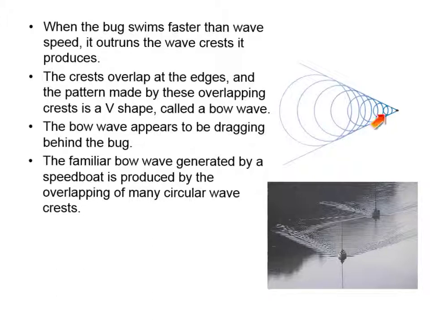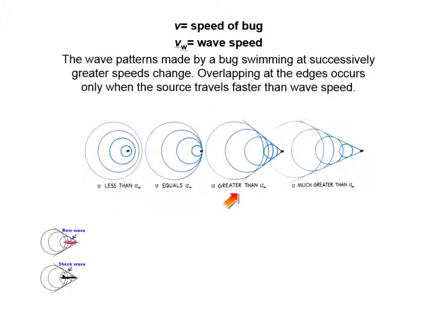Resulting in a bow wave that appears to be dragging behind the bug. So a familiar wave generated by boats on the water is produced by the overlapping of the many circular wave crests behind the boat. Here we can see the wave patterns made by a bug swimming at successively greater speeds. And we see that the overlapping at the edges occurs only when the source travels faster than the wave speed. We can see that that bow wave trails behind the bug whenever he's moving faster than the waves